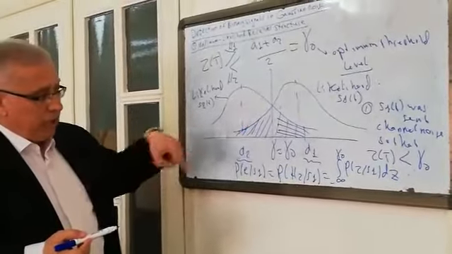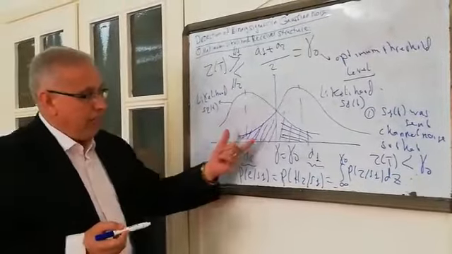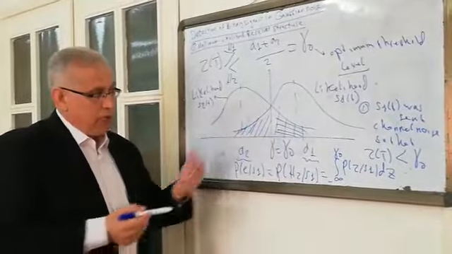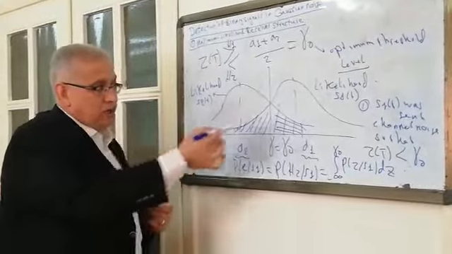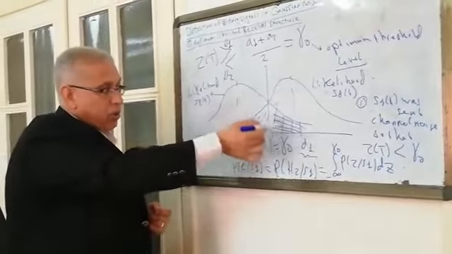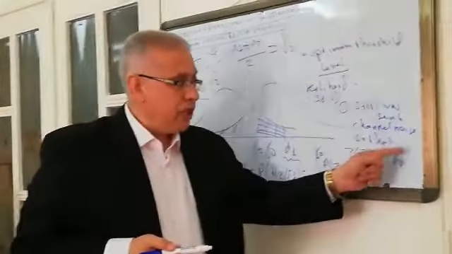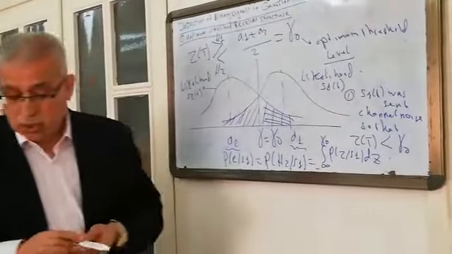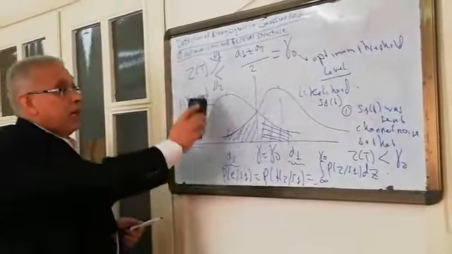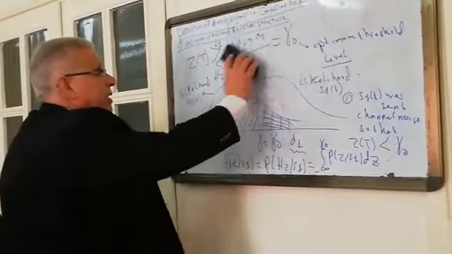In order to calculate later on, we will mention that the bit error probability will be the area under the tail on either side, right or left. We're talking now about the first error. The first error: S1 was sent, channel noise affects it so that the output will be less than the threshold. Second type of error,